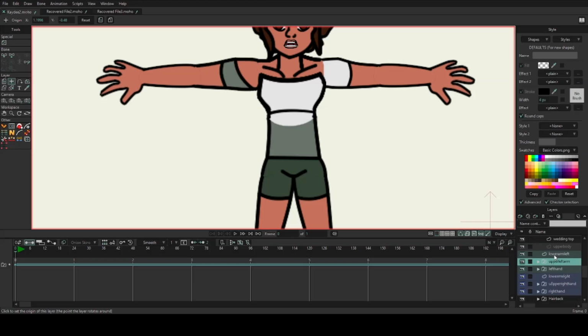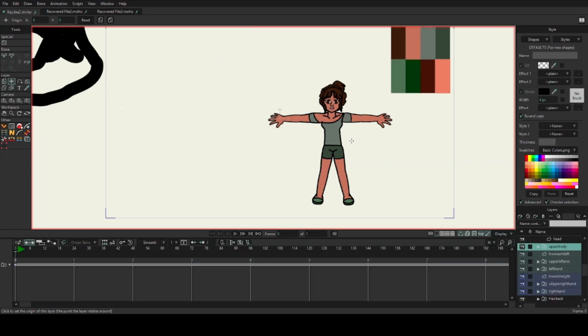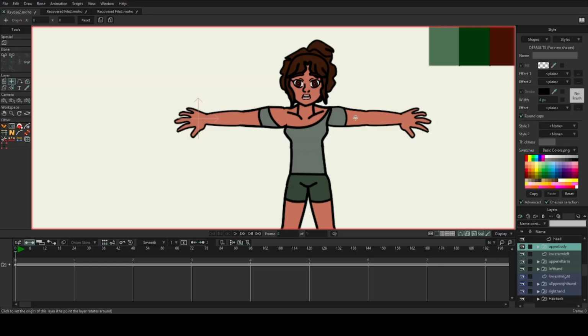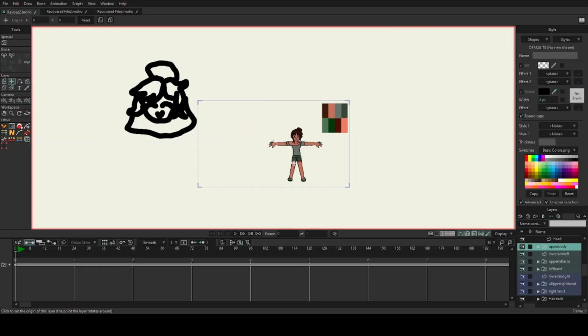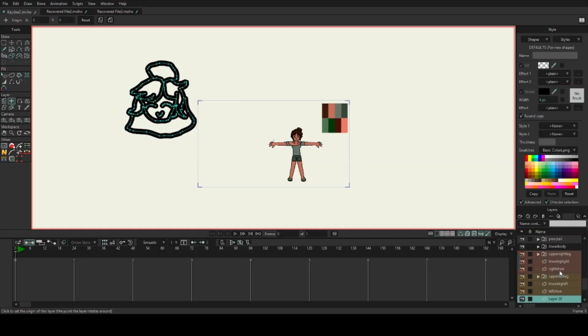And so I switch you to where you need to be. And for you, I switch you to where you need to be. And for the upper body, I switch you to where you need to be. You see, she's back. So, I'm going to delete this. This is the freehand mode.